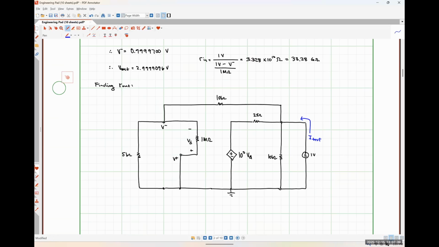So I'm just going to have to do one KCL equation here because I only have essentially one unknown voltage in this system, right? The voltage at the output node is now defined to be 1 volt because we put a 1 volt test source there. V plus is tied directly to ground, so that guy's just 0. So the only unknown voltage is that V minus. So if I do KCL at V minus,